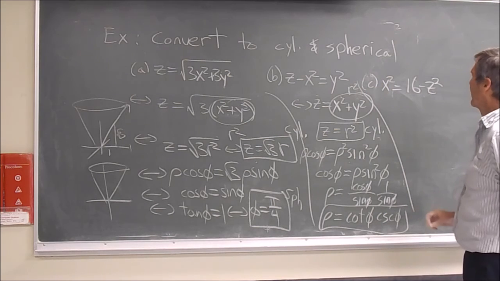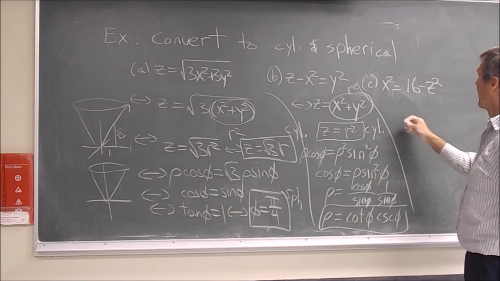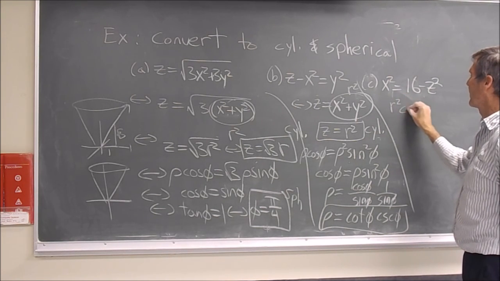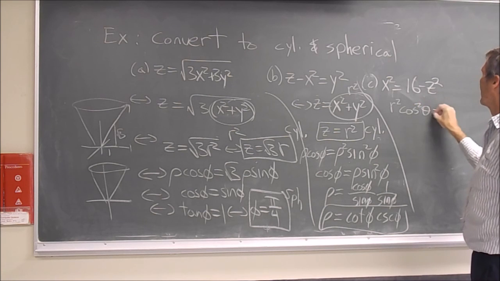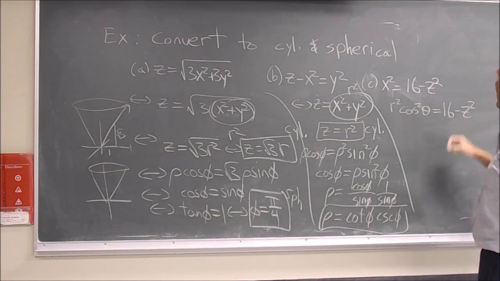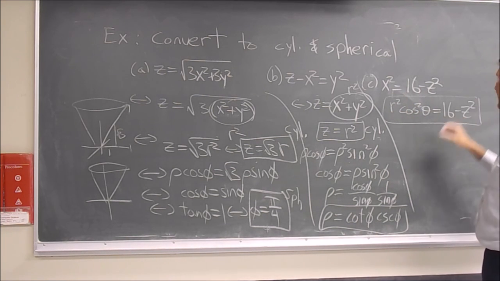Sometimes you just don't see an obvious thing like r squared sitting in there. So you just convert it directly. x is r cosine theta, so this is r squared cosine squared theta equals 16 minus z squared. And there is an equation in cylindrical coordinates. If I see something to simplify, great. If I don't, then I just